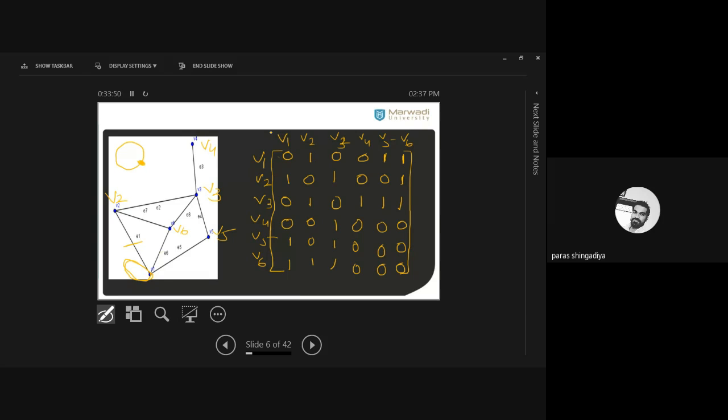So this matrix you will get. And as you can observe, that is a symmetric matrix. If you take its transpose, A is equal to A transpose. If we consider the transpose, then you will also get the same answer. Why the same answer? You just check the mirror image from the diagonal. That is your diagonal. Upper and lower matrix should be the same, should be the mirror image.